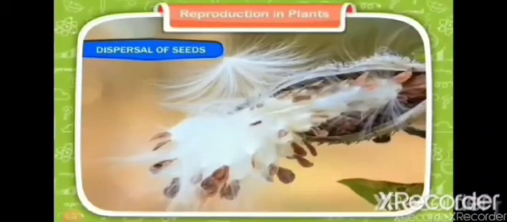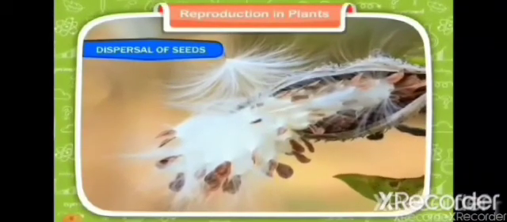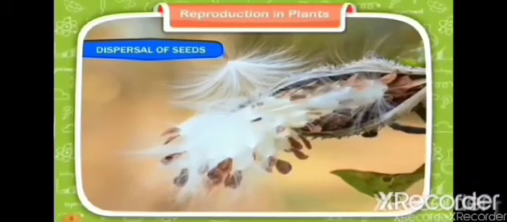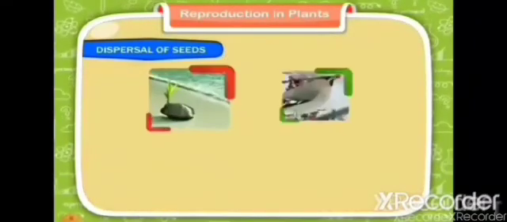The process of scattering of seeds is called dispersal of seeds. It happens in 4 ways: by water, by wind, by animals and by the explosion of